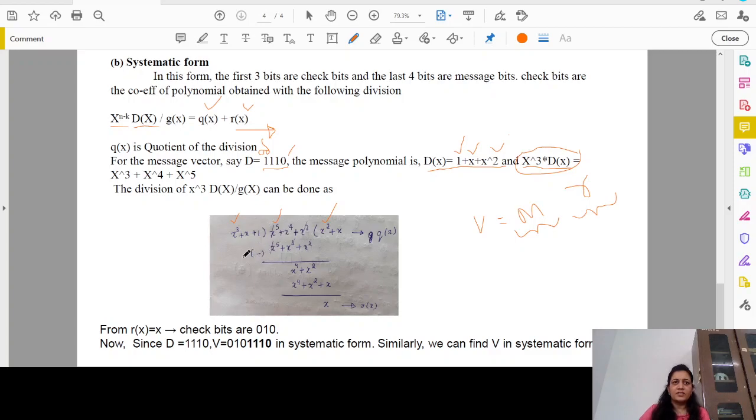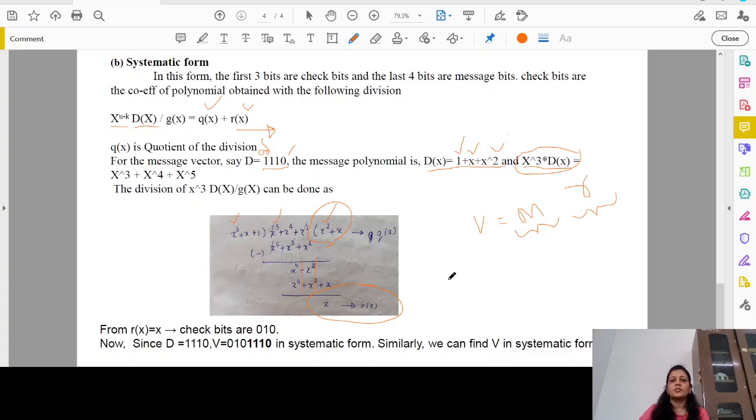Now according to division, if I subtract, this will be 0, x cube cancels, and you will be left with x power 4 and x square. Again, this x power 4 is still of higher degree compared to x cube, therefore I will perform one more division operation. I will take x over here because x into x cube will give me x power 4. So after multiplication this will be x power 4 plus x square plus x. Now x power 4 gets cancelled, x square gets cancelled, and you will be left with only x. We know that this is my quotient and this is my remainder, and we are interested only in the remainder.